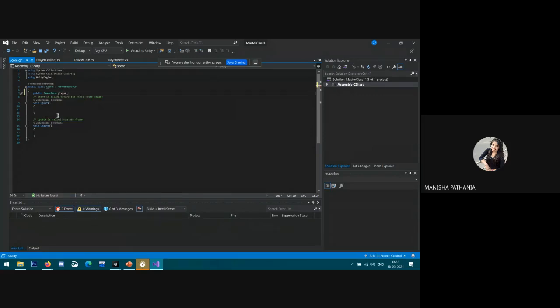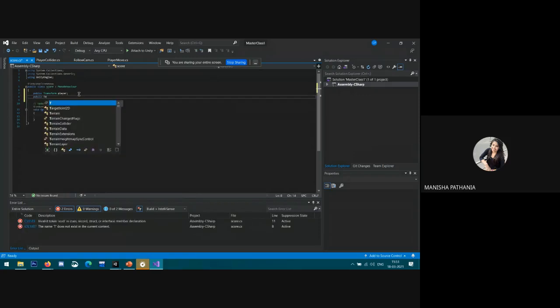Yeah, something like this. Okay. So now I'm deleting this portion and we don't need this. Okay. So in update function, first I need to add one more variable. I need to declare one more variable of public type. So public text. Public text. Why text? Because the name of the component that is responsible for text is text, right?